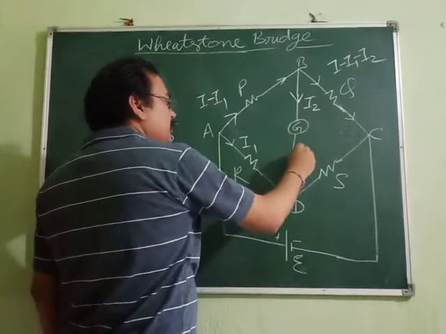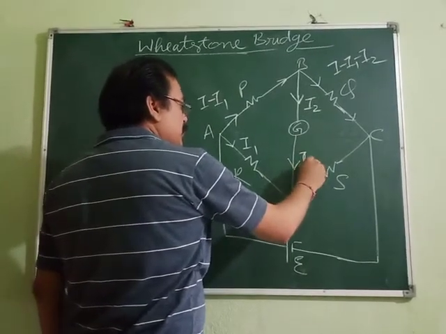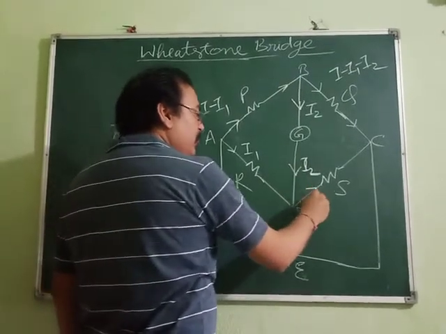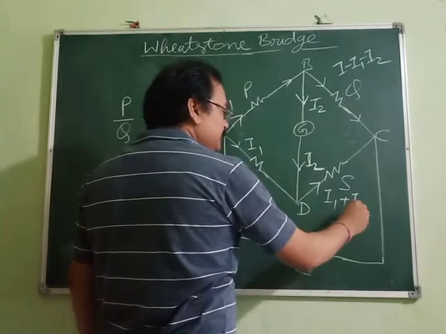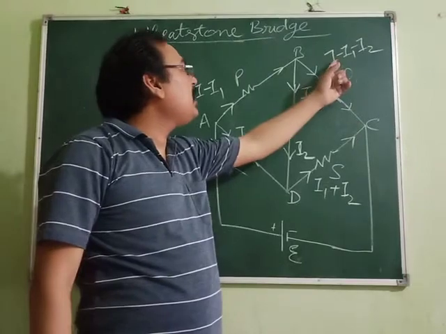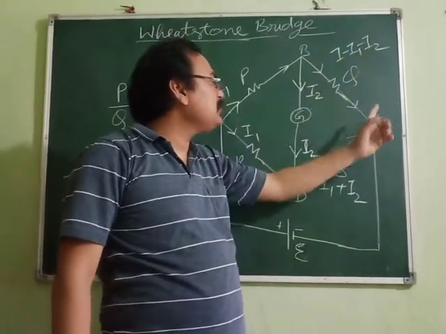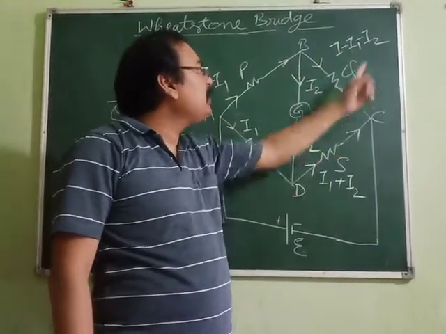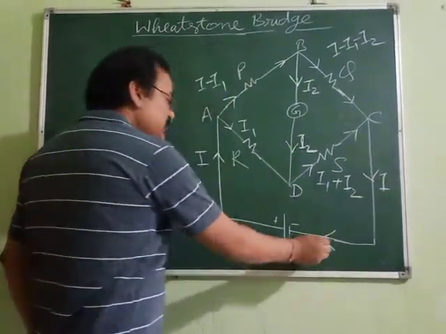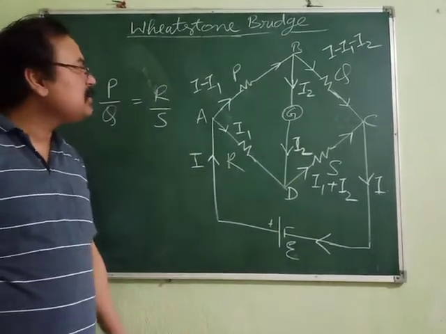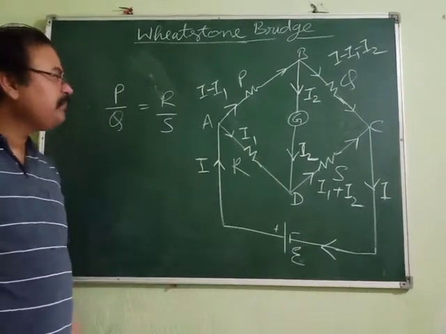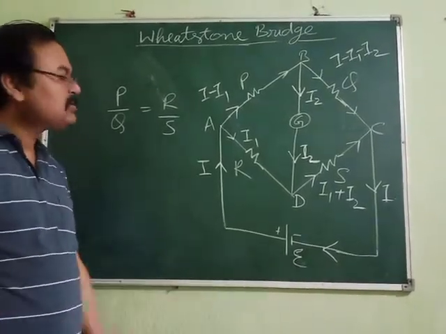Now here we have I2. Here it is I1. I1 and I2 combine together to form I1 plus I2, and that flows through this and reaches here. So I1 plus I2 is reaching here, and I minus I1 minus I2 is reaching here. When they get added up, I1 and I2 are removed and only I is left. So I will be passing through this, and that I will reach the negative terminal. So we have indicated the path of the current through this bridge, or through this circuit.